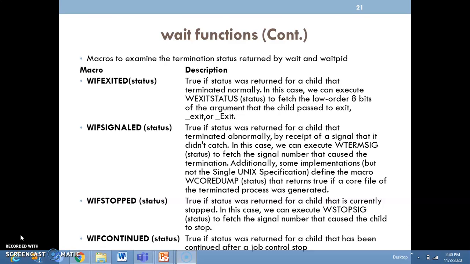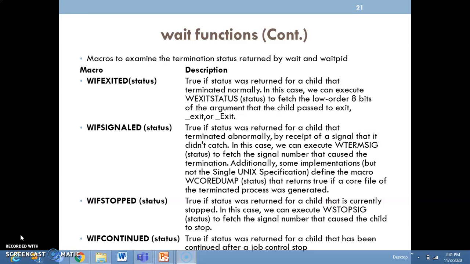In this case, we can execute WEXITSTATUS to fetch the lower order 8 bits of the argument that the child passed to exit, either _exit or _Exit.